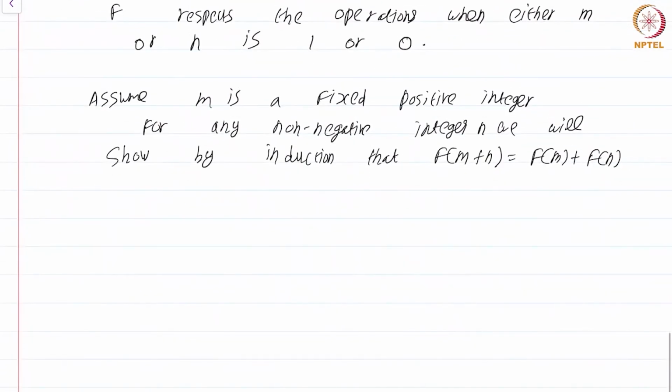We will show that addition is respected whenever m is a fixed positive integer and you take a non-negative integer n. So assume that we have shown this